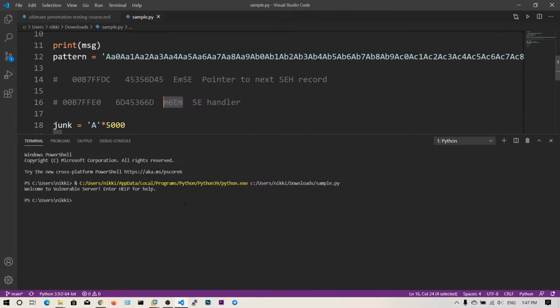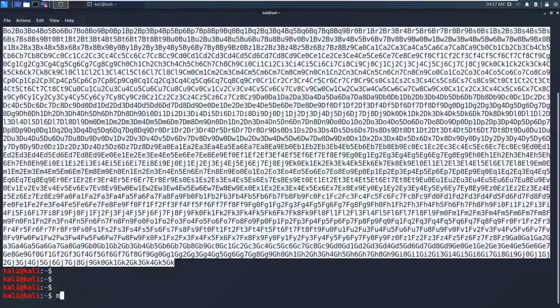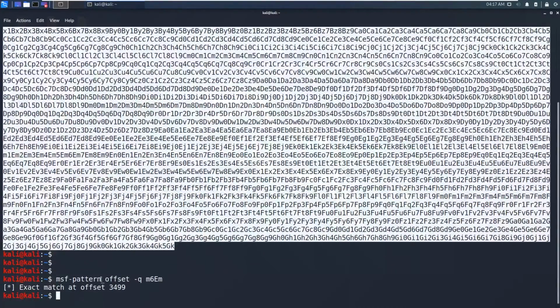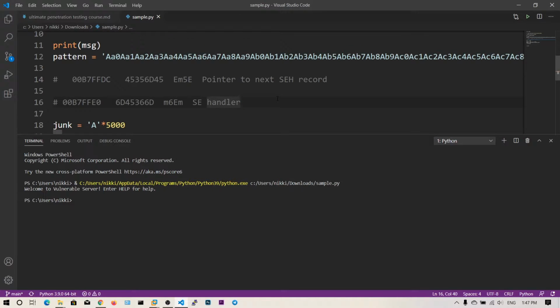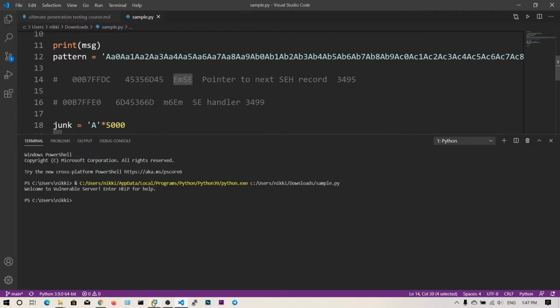Let's copy this and go to our Kali Linux machine, use msf-pattern_offset with -q for query, and we got the offset at 3499. Obviously this will be 3495. Just to confirm this, we'll copy this one and query for this string also.